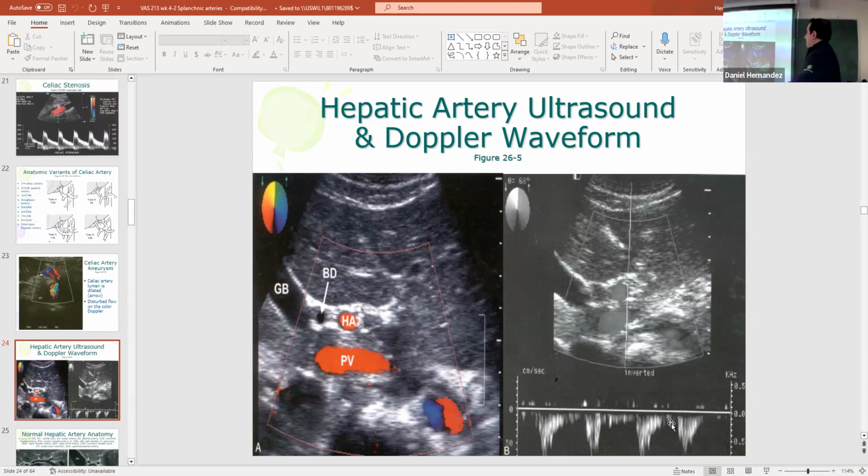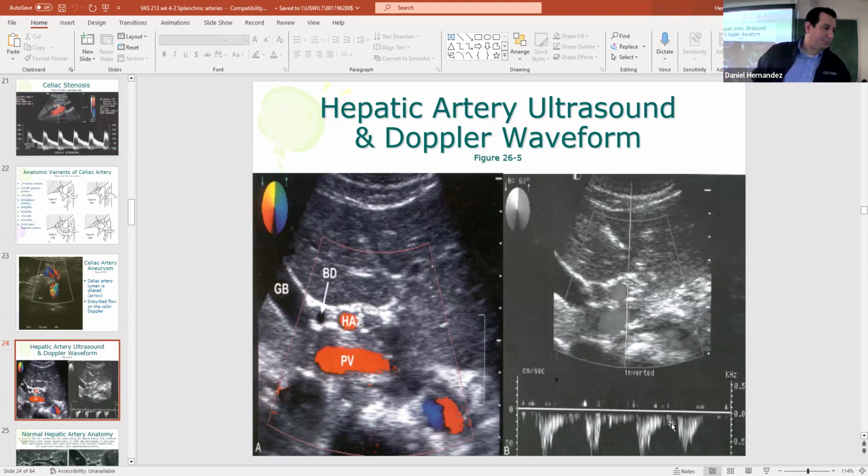So hepatic artery. We know the hepatic artery now is going to be anterior to that portal vein. So we're going to be looking also to Doppler the hepatic artery in this next comp. We're going to work on trying to open up the hepatic artery, obtaining a nice spectral Doppler waveform. So this was just showing hepatic artery in relation to common bile duct, in relation to portal